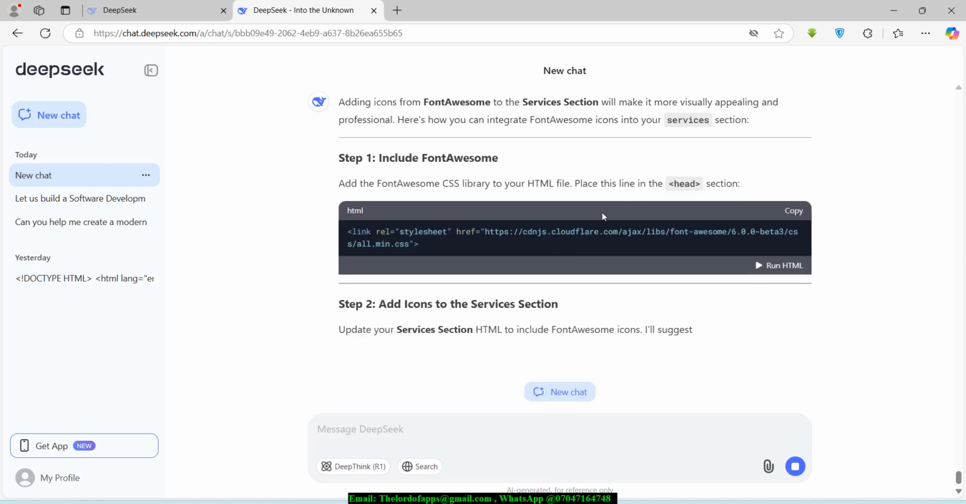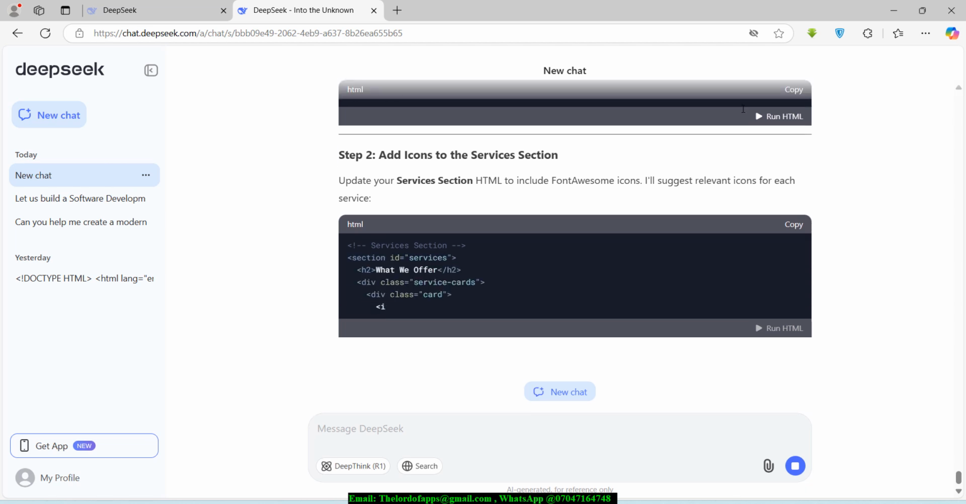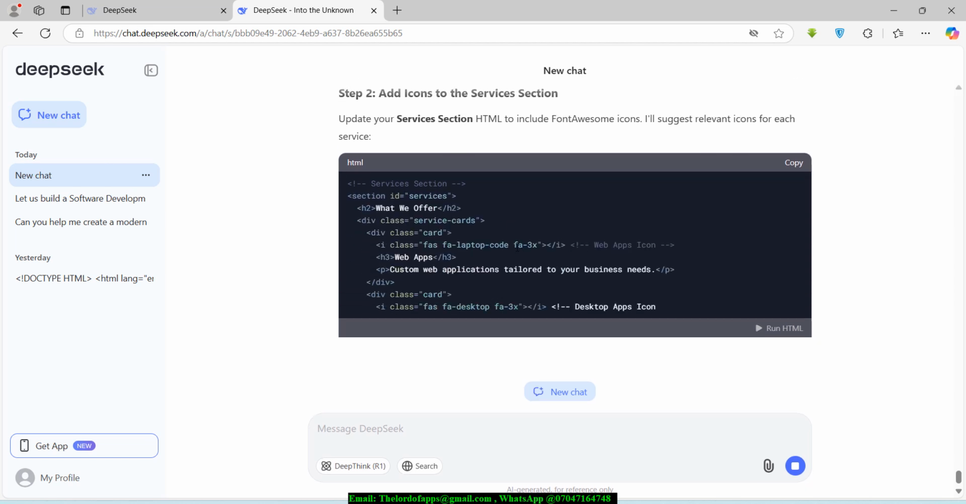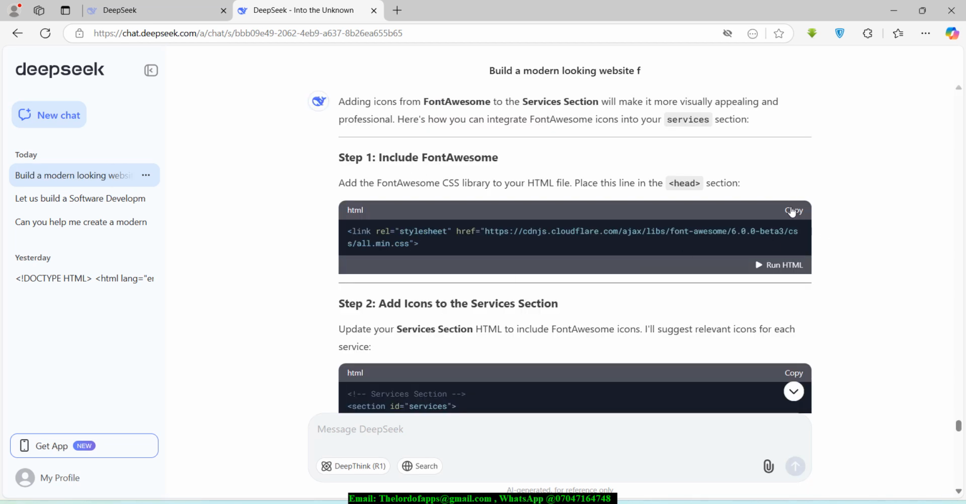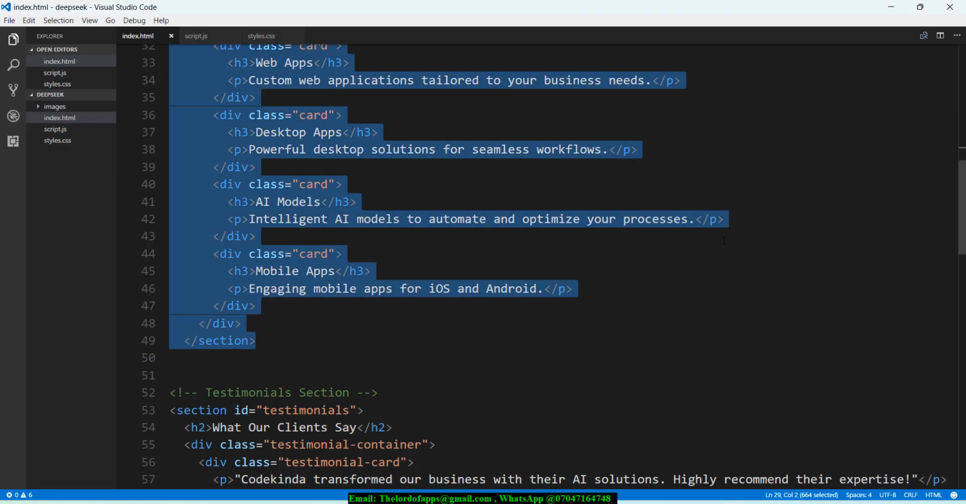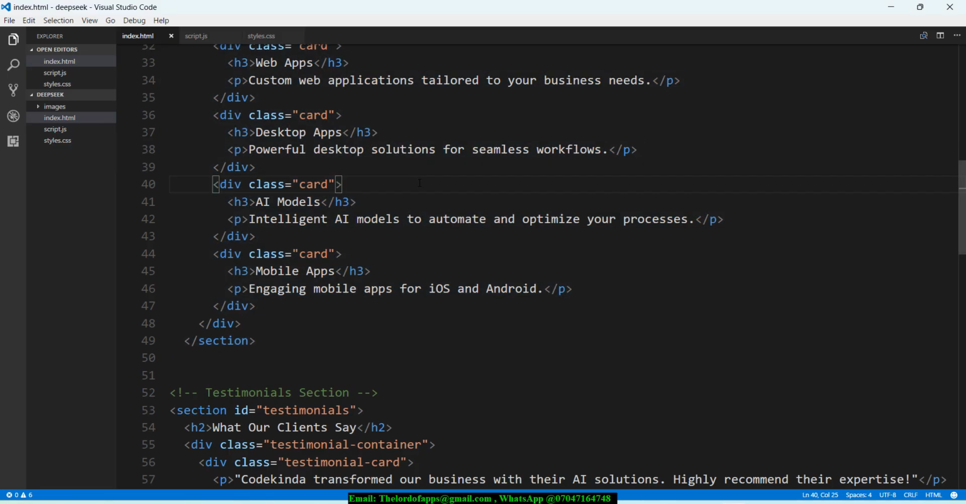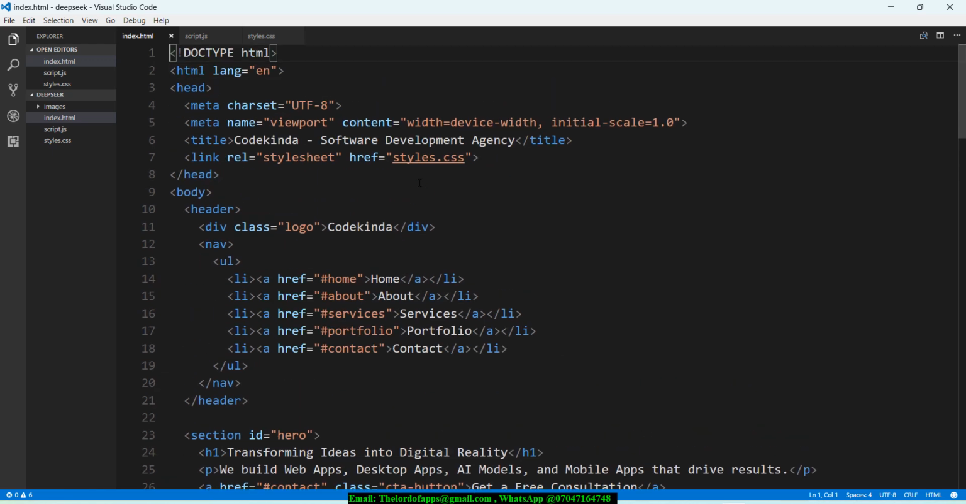Okay, so it's giving me the link to the Font Awesome library right here, and after that it's calling them right within that particular section right here. All right, so at first let's get this. I'm going to copy this and put it in the head region of the website. So if we go back in here, and this is the HTML part, if we scroll to the top,